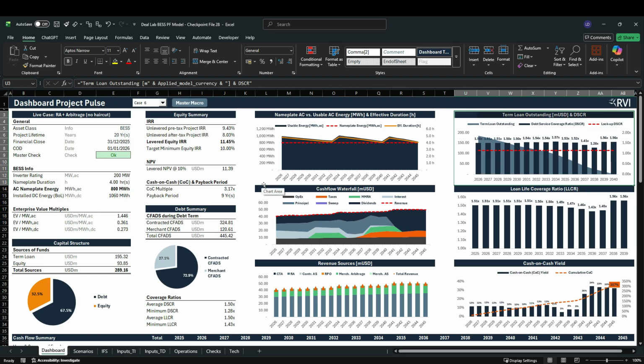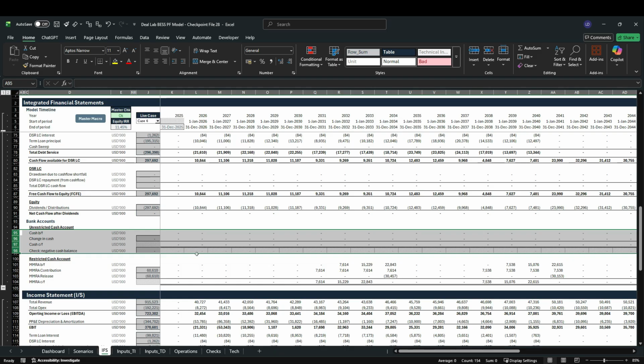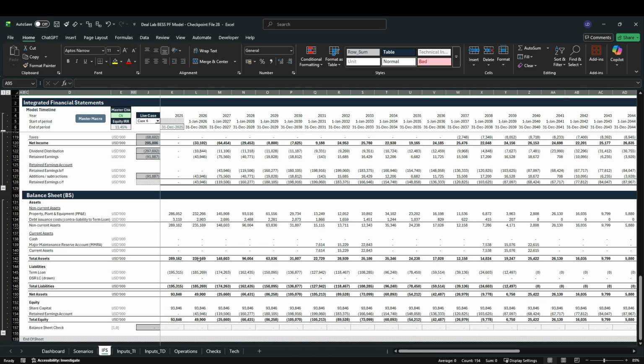our debt sizing case. Now, what you will notice is that the overall DSCR profile has improved significantly from around 1.4 to 1.5, 1.57. But you might also notice that we have a drop in DSCRs in year 2038. And you might question, why is this happening? And that is because now our SPV becomes more profitable and our tax loss carry forward account that we will see in our integrated financial statements on our balance sheet,